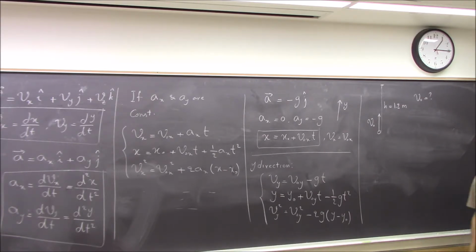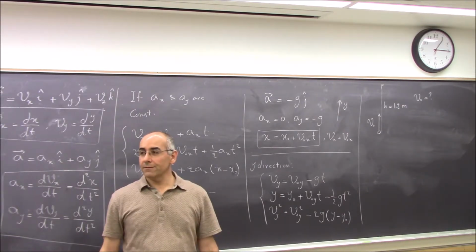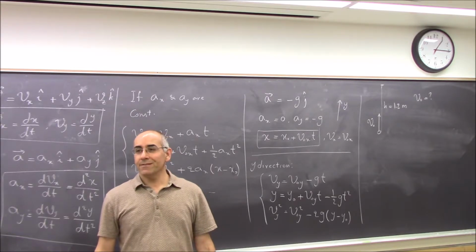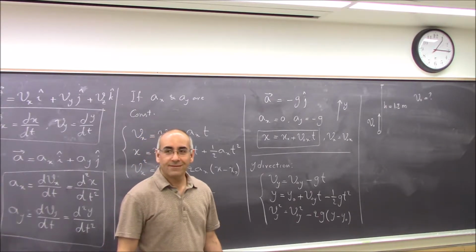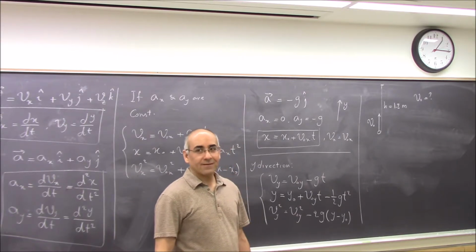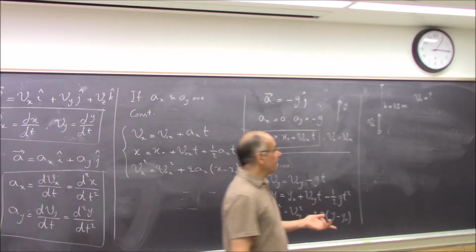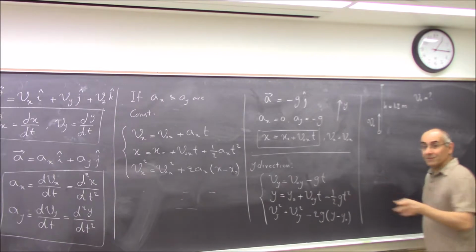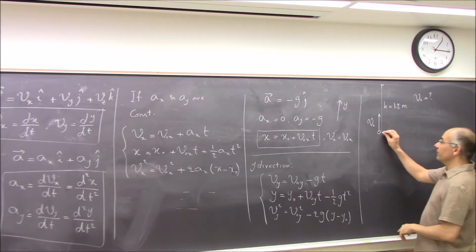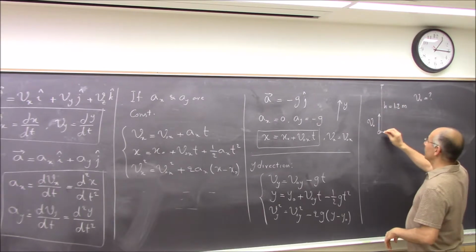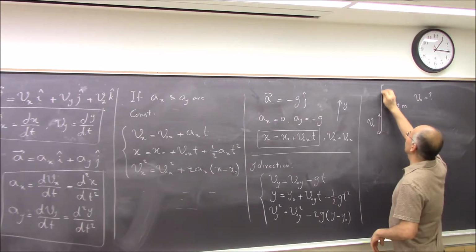How can I solve for v naught? Who remembers what the steps are to take? Well, you know y and y0 and acceleration. I don't know y and y0 unless I have a coordinate axis, right? So first you draw a picture like that, and then put a coordinate axis here,